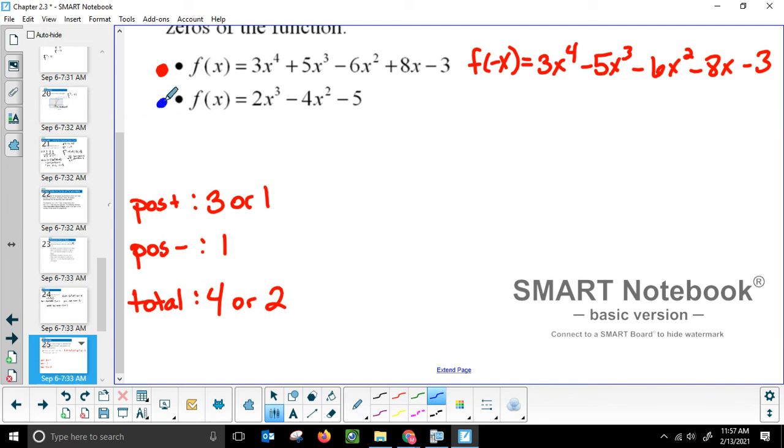For my second function here, I will do it with blue. So my possible positive real solutions. First, I see how many times my sign changes. I start positive, I change negative, there's 1 change. I stay negative, so there was only 1 change. To look at my